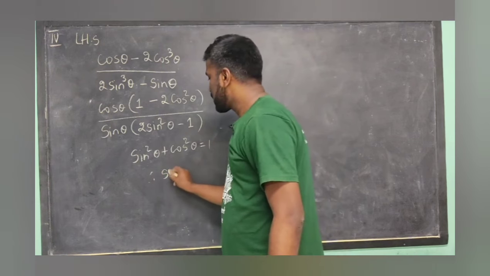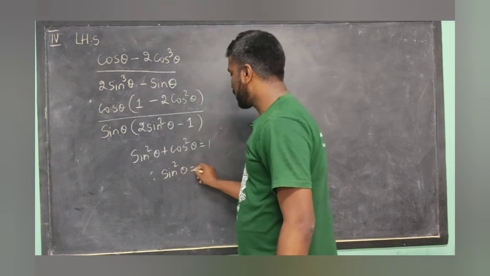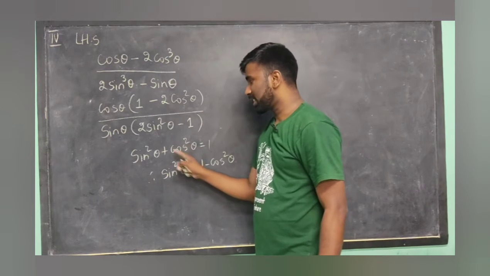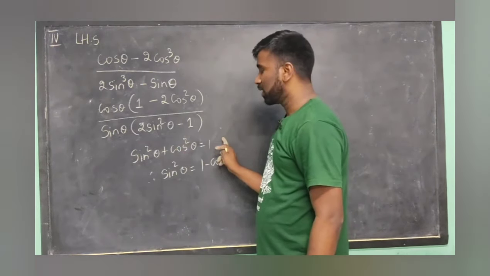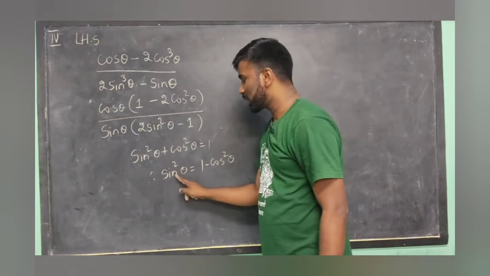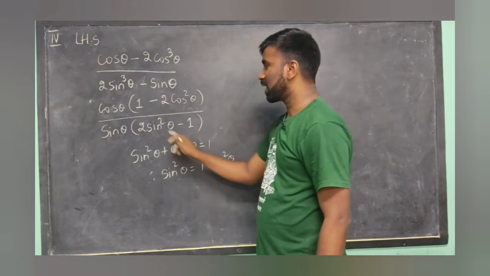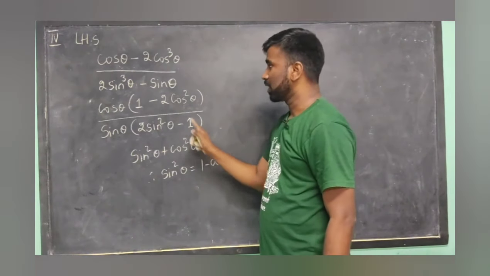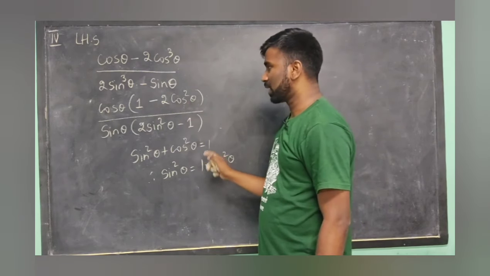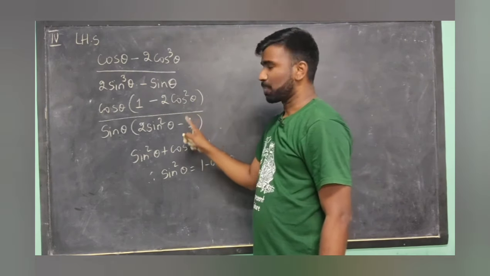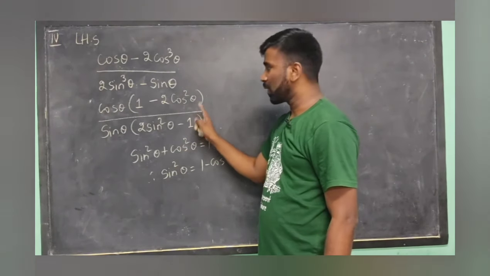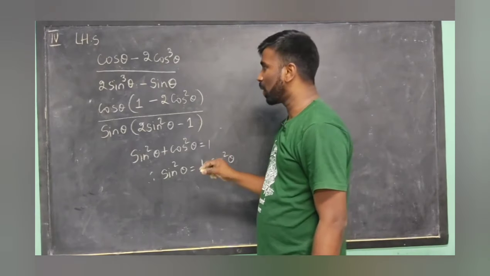Now, sin square theta equals 1 minus cos square theta, or cos square theta equals 1 minus sin square theta. Now substitute the value of sin square theta as 1 minus cos square theta in the denominator. You have to substitute the value of either sin square theta or cos square theta. You cannot substitute both the values. Now we get,